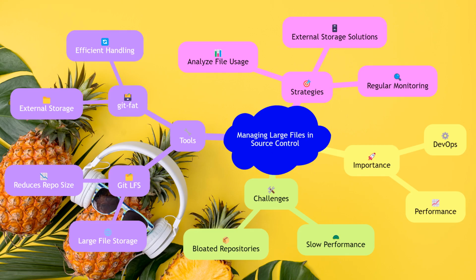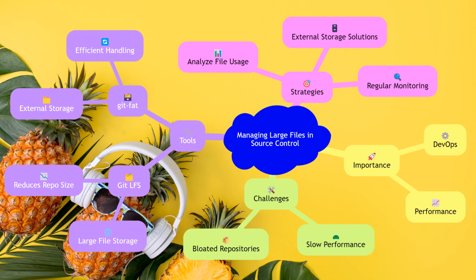Managing large files in a source control system is a critical aspect of DevOps. Traditional version control systems like Git are not optimized for handling large files, which can lead to performance issues and bloated repositories. This presentation will delve into strategies for managing large files effectively, focusing on tools like Git Large File Storage, LFS, and Git Fat. By the end of this presentation, you will understand the challenges of managing large files and how to overcome them